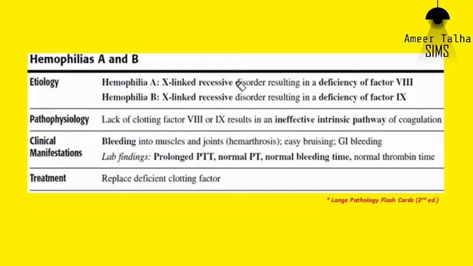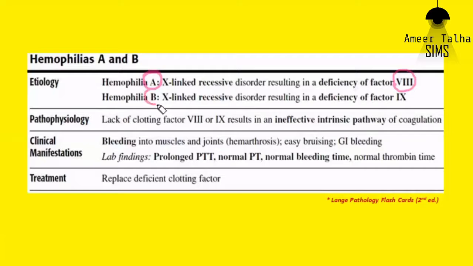Beta, whether the platelets are involved or the clotting factors are involved, the patient will present with symptoms related to bleeding, because both clotting factors as well as platelets are involved. Platelets are involved in blood clotting, and clotting factors are also involved in blood clotting. Since there is no deficiency of platelets in hemophilia, that is the reason the bleeding time remains normal. In hemophilia A, which is classic hemophilia, clotting factor 8 is deficient.